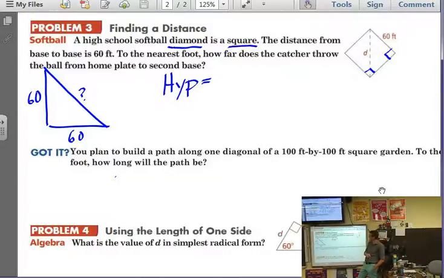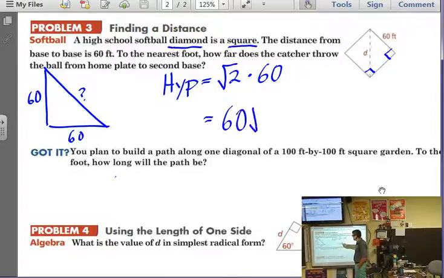So wait, our hypotenuse, our formula is actually... Oh, I got it. All right, it would be 60 times radical 2. It's really radical 2 times your leg length, or your side length, which is really 60. So we will get 60 radical 2, or approximately, if we just wanted to round to a really rough number,